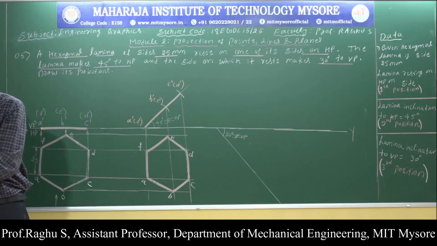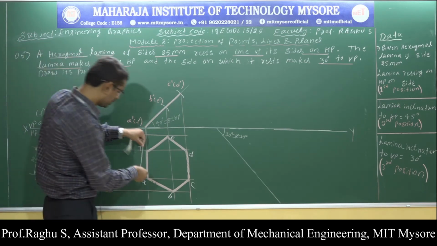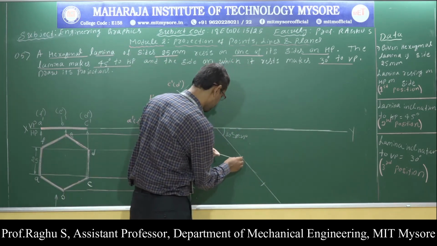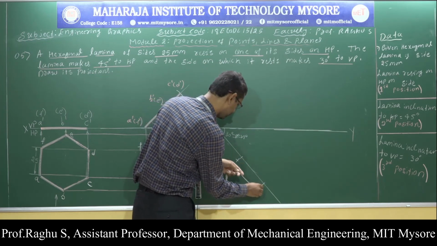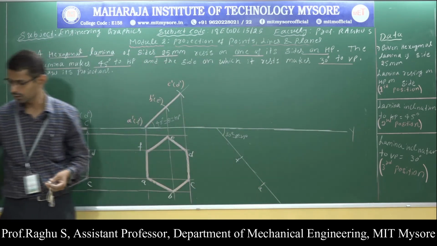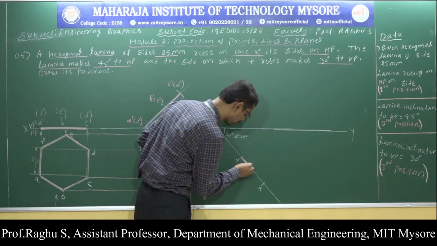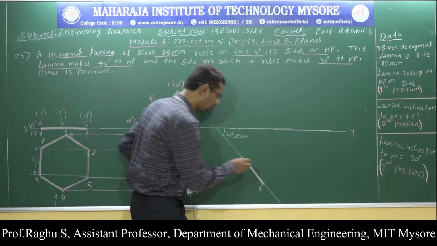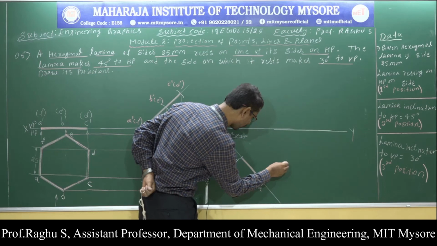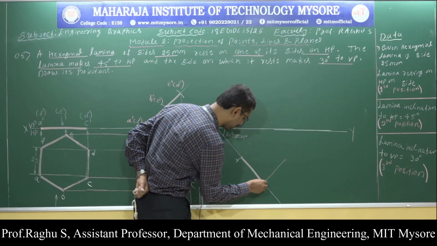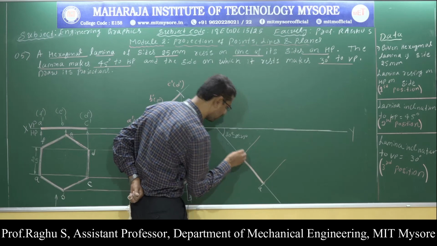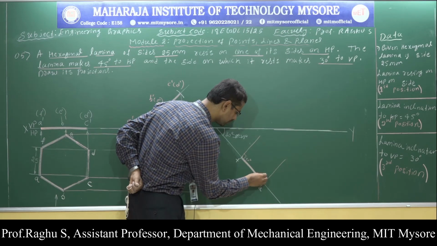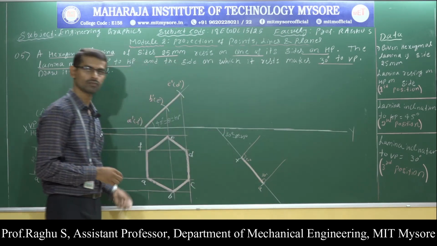So how to redraw the diagram? First you measure this distance A to F. You fix it on the line. So this is F and this is A. Now make it dark, AF. Next, draw perpendicular thin lines from point A, and draw perpendicular lines from point F. Draw perpendicular lines of any length.